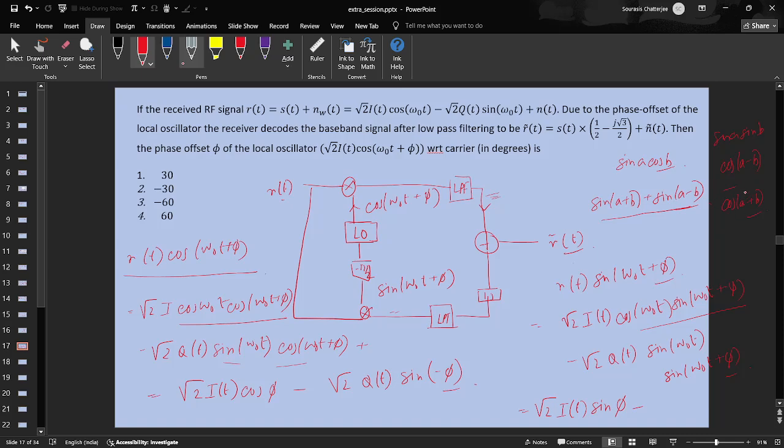So cos a minus b is our concern, so we can square root of qt cos phi. So this one sine of minus phi